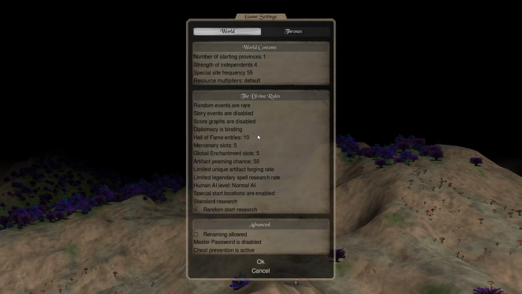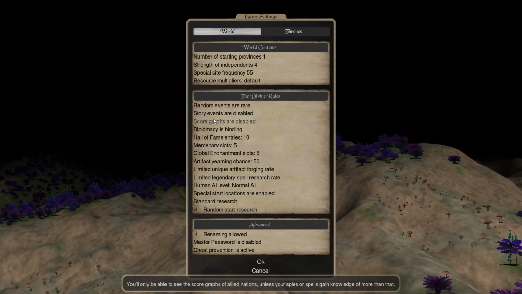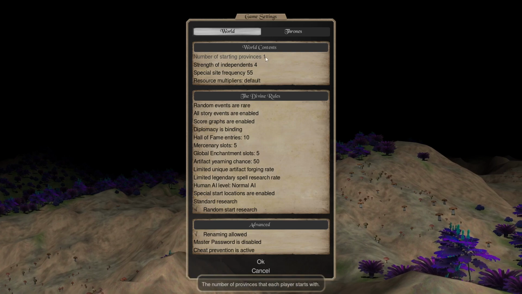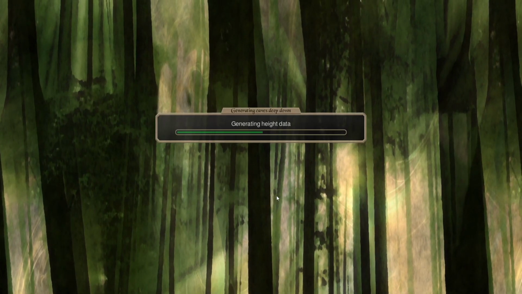Well, praise Veronica. Okay, so renaming allowed. Story events be a thing. Score graphs on so we can see how we're doing. Sure, this will be fine. Okay, so